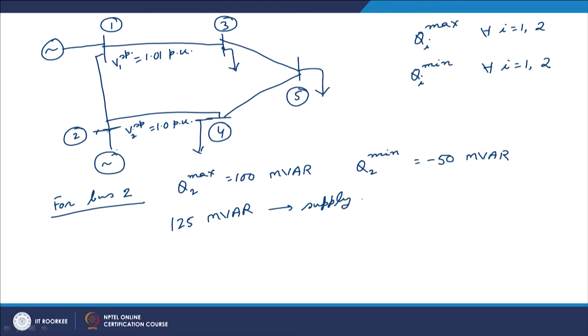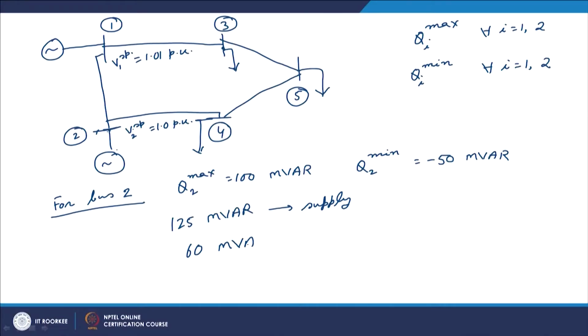So now when there is load thrown, suppose that under that condition this generator should absorb say 60 MVAR, we should write absorb 60 MVAR such that this voltage is maintained at 1.0 per unit. But then this generator can only absorb up to 50 MVAR. So therefore it cannot absorb 60 MVAR because of its own limit. So it would be only able to absorb 50 MVAR.